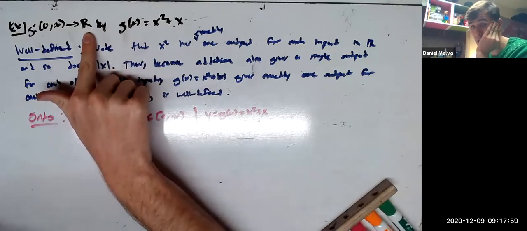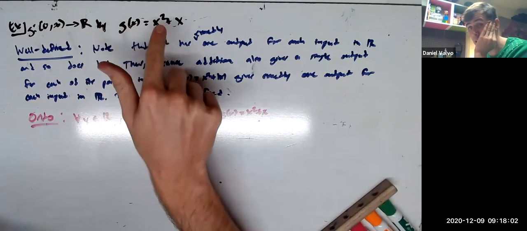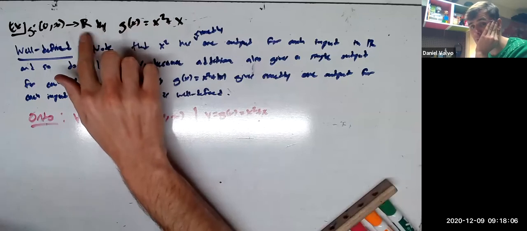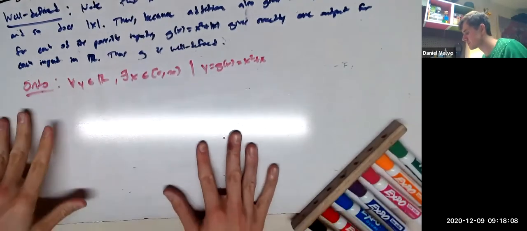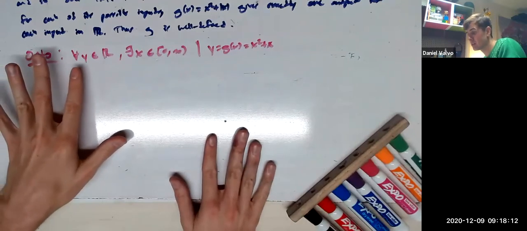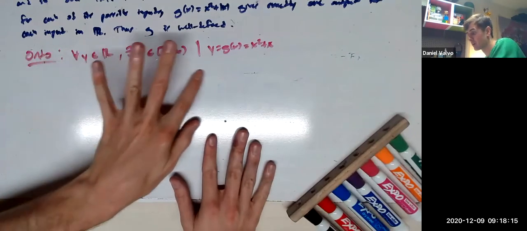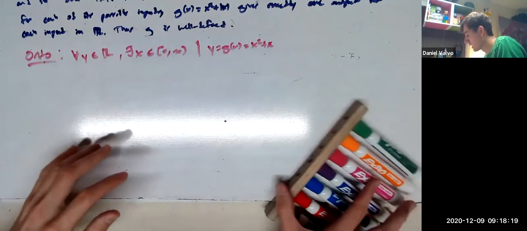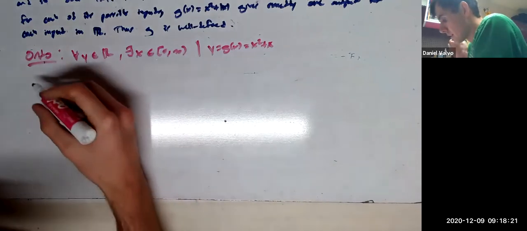So the range will not equal the codomain. The range will in fact be all the non-negative numbers. So we're missing a bunch. So it's not onto. And the way you disprove onto is you simply have to disprove this claim, or really prove the negation of this claim. The negation of this claim being